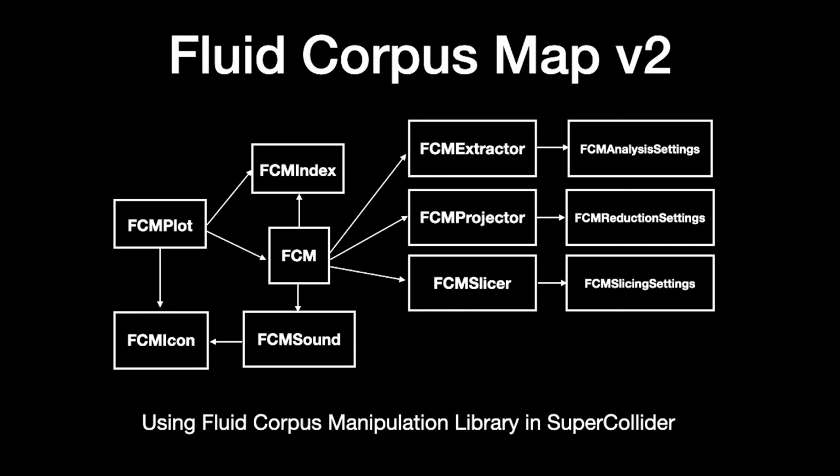The new version is a more modular, object-oriented library written in the SuperCollider language, where some of the objects encapsulate the functionality in the data processing pipeline using the current version of the Fluid Corpus Manipulation library. So this now has roughly the same features as the Python plus SuperCollider plus JavaScript version. And a new feature is the possibility to render each sound as an icon instead of just a dot or a bar. Now we can use a little waveform that represents some audio feature and some color that is also